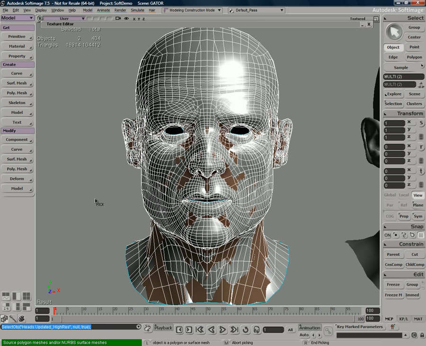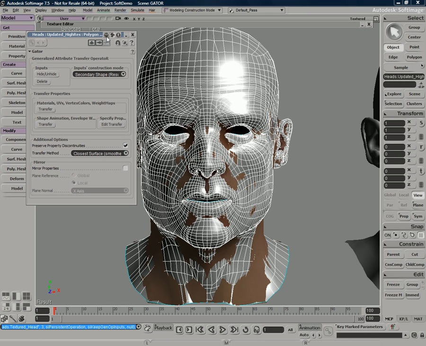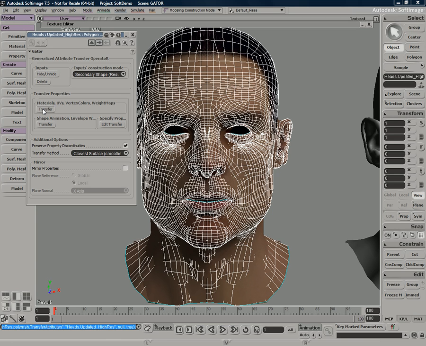So I'm going to click on, in this case, the lower resolution textured map, right-click to end my selection, and now the Gator property page comes up and is asking me, what is it that I'd like to transfer? Well, in this case, I want to transfer materials, the UVs, vertex colors, essentially everything that makes the low resolution model shade and look the way it does. So pressing transfer, just like that, almost instantly, it built a brand new UV set with that Gator operator.